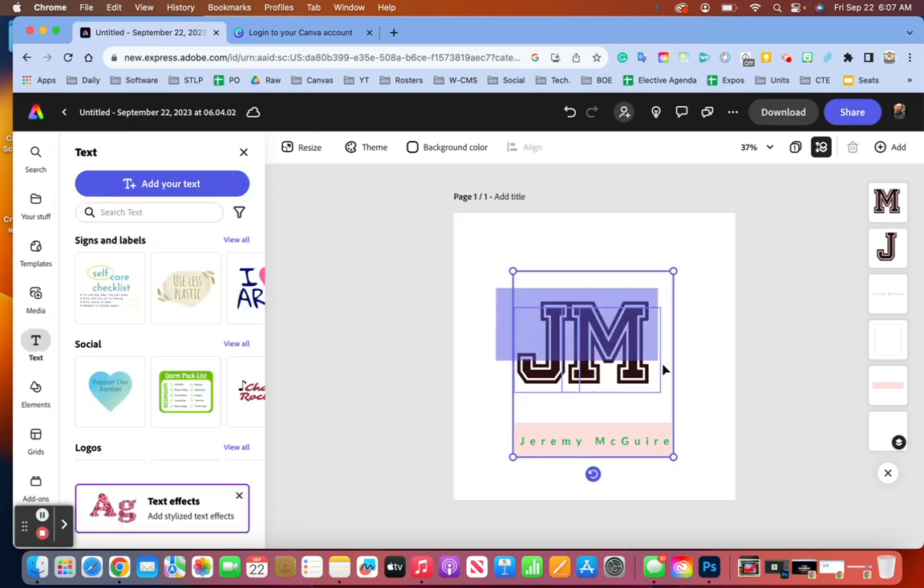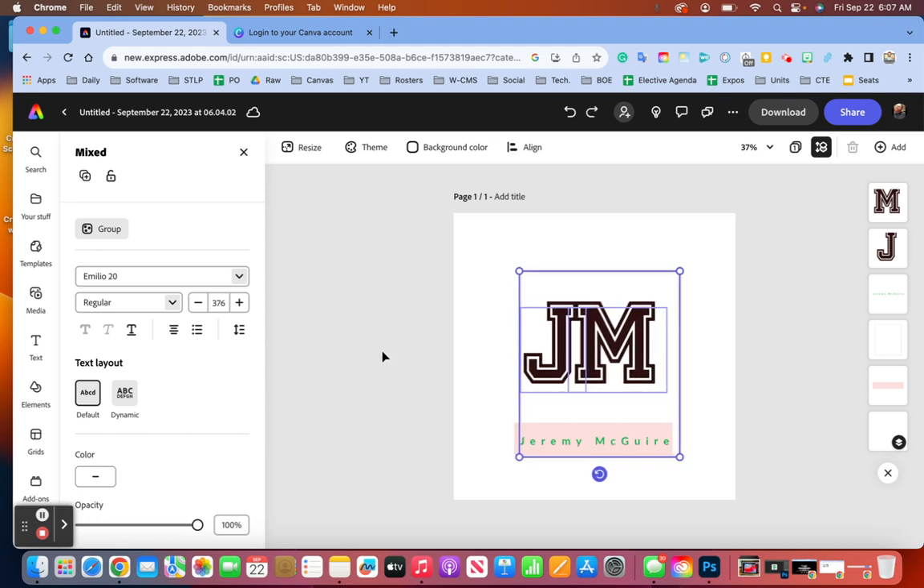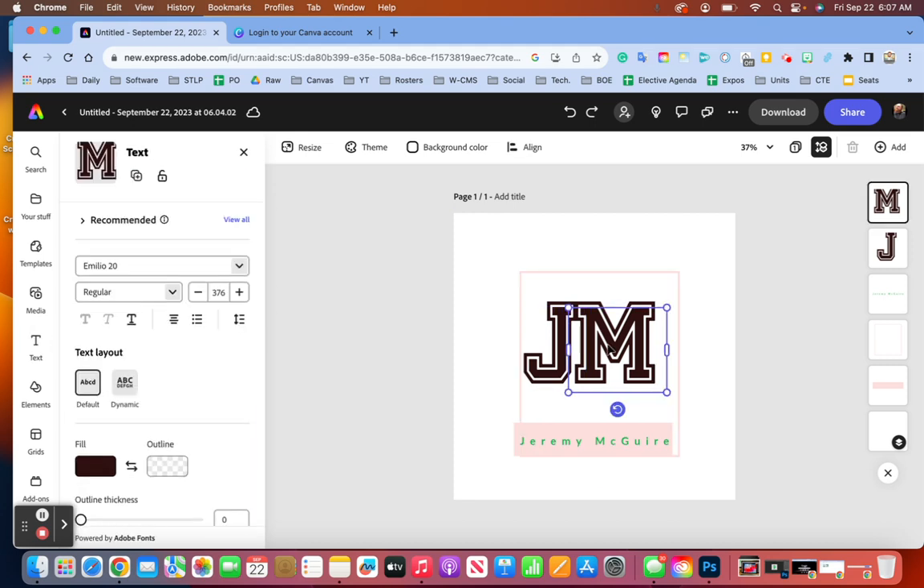Now, in this case, I'm going to select that. And if you notice, it moves everything. So I want to undo that. I don't want to move everything. So you might have to move the M over a little bit to center it